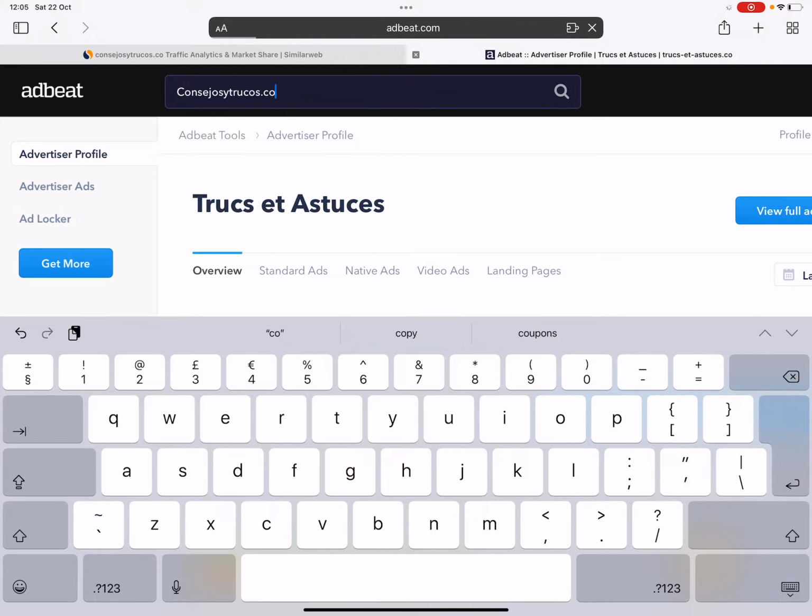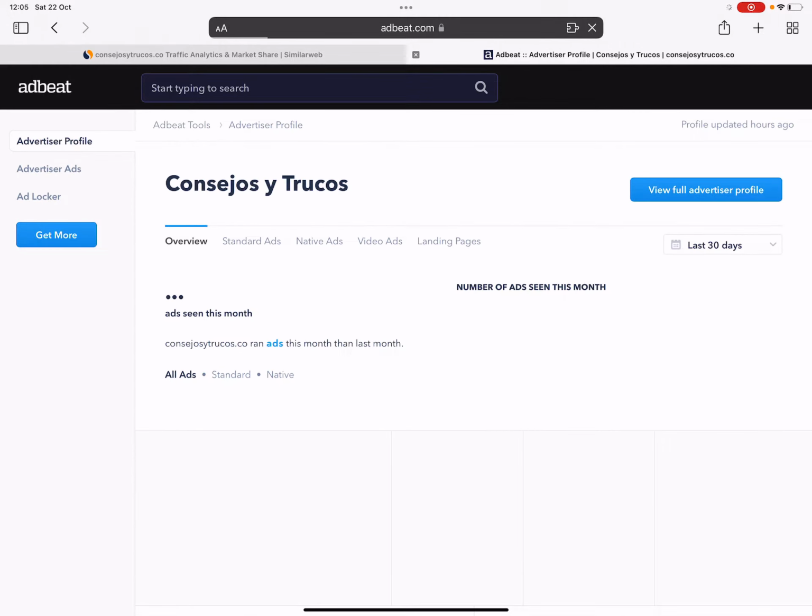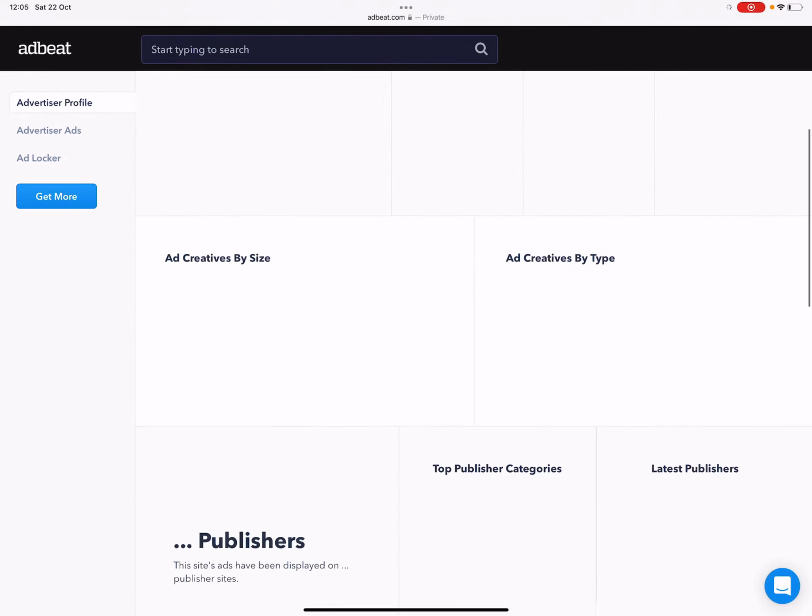But anyway, you get the idea. We want to keep constantly checking to see if the websites are in the spy tool. And by using the spy tool, we can find the ads a lot quicker than using Adbeat. So it is there. Let's see what ads it shows up on.